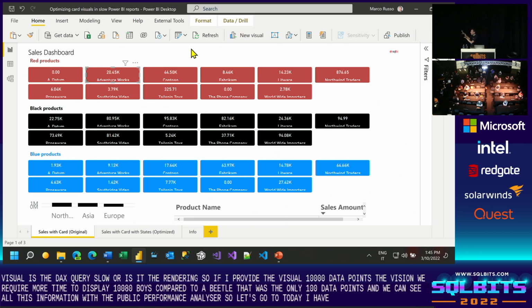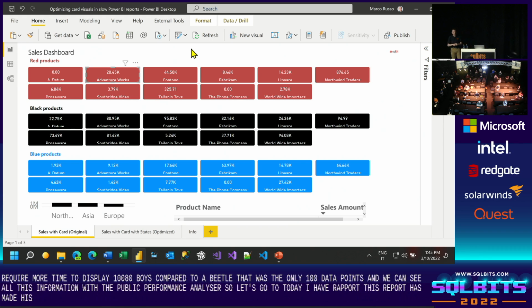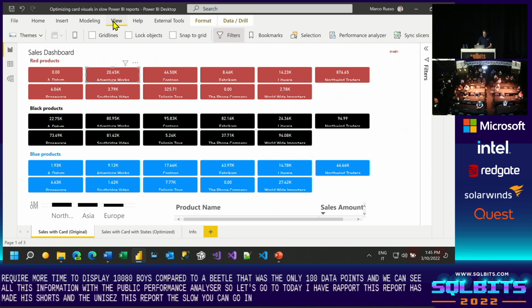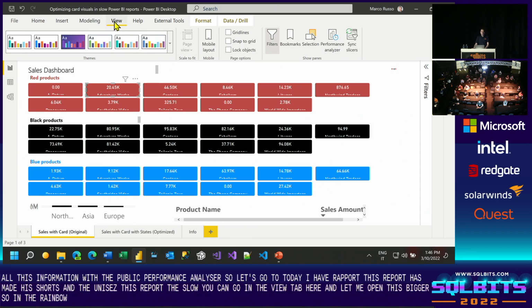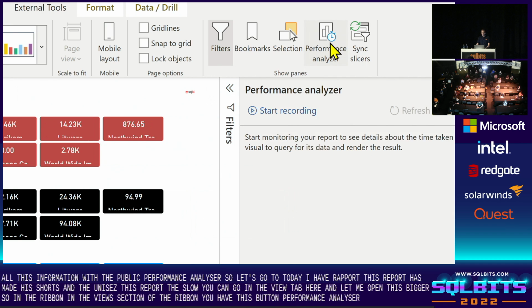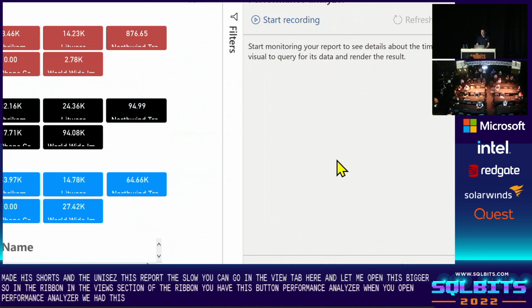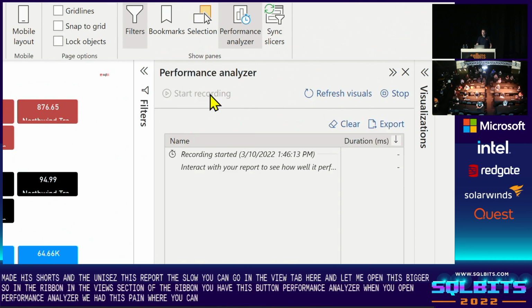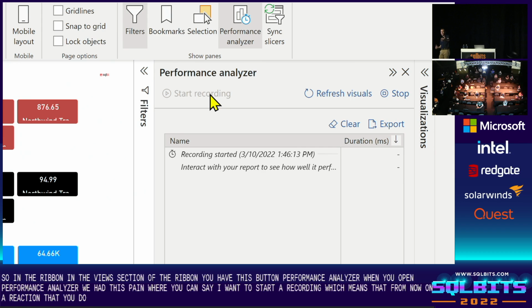I have a report. This report has many visuals, and the user says this report is slow. You can go in the View tab here, and let me open this bigger. So in the View section of the ribbon, you have this button, Performance Analyzer. When you open Performance Analyzer, we have this pane where you can say, I want to start the recording, which means that from now on, every action that you do over the page will generate events that will be collected